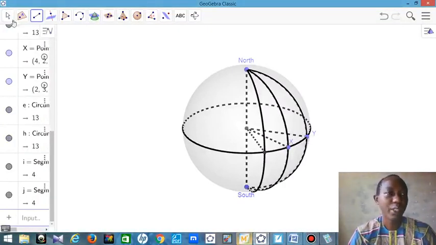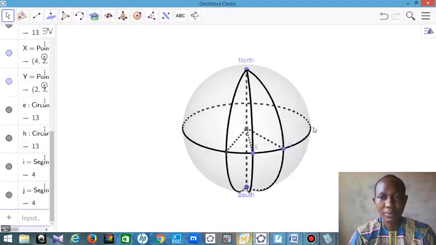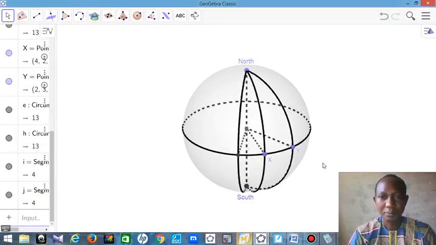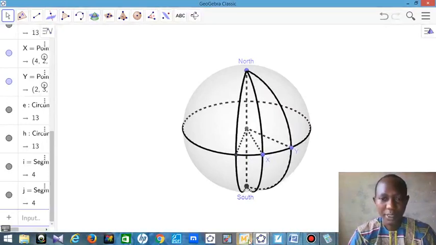Okay, so this is what we have. I think you can see it very well. Let me move my south down. So this is point X. Let me put it here, point X. This is point Y. Okay. So the question says